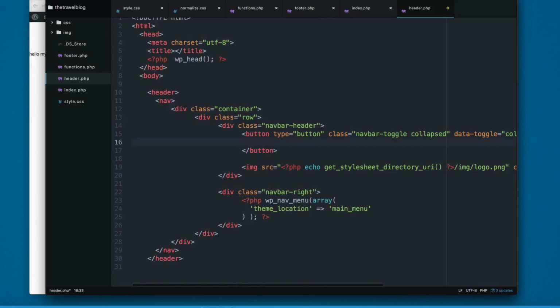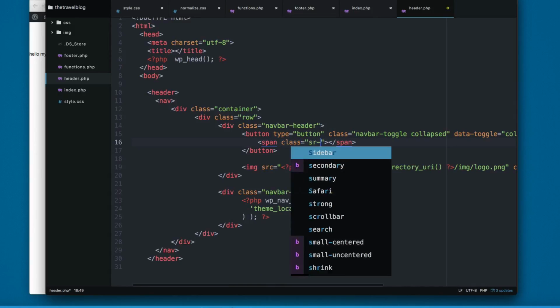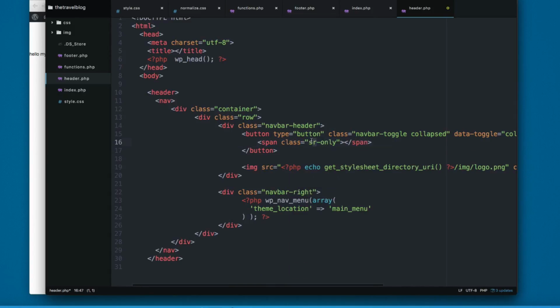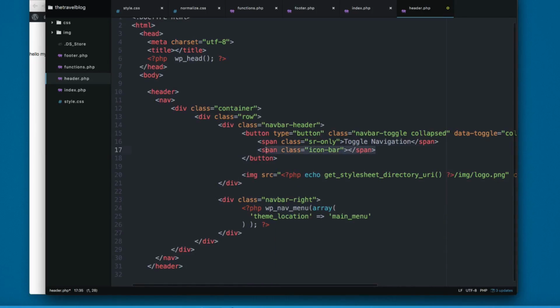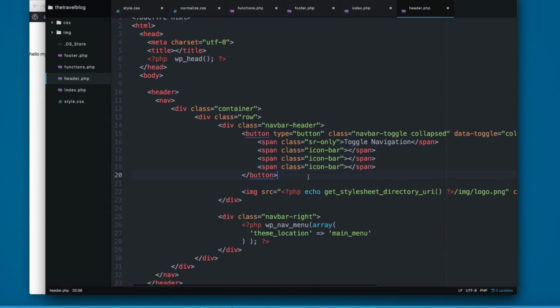So next, we need to create a span with the class sr-only, and this will be for the screen readers. And we add toggle navigation, and let's add a span with the class icon-bar. So let's copy this and create 2 more copies. So now we have the button that is going to trigger or open the menu